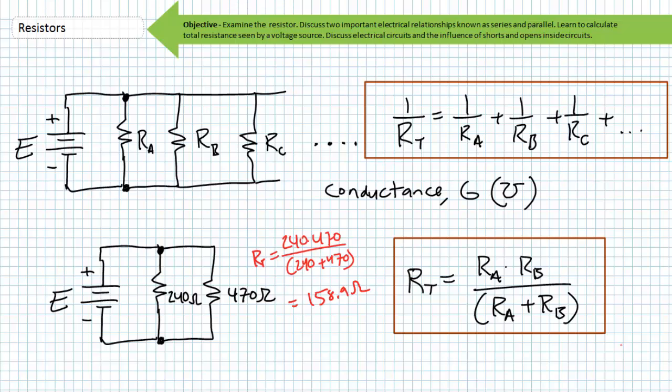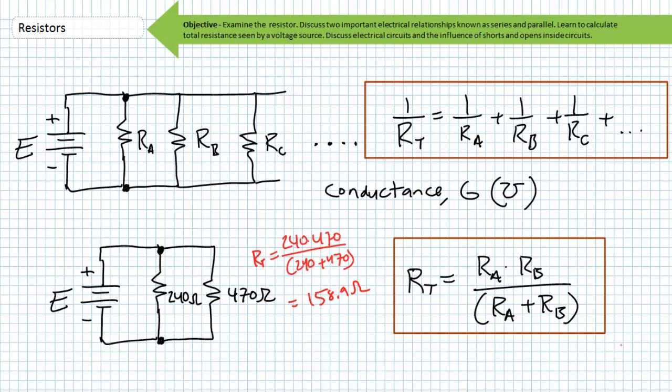Here's how I did it in slow-mo. I used the 2 resistor formula to calculate total resistance in one seamless, lightning quick draw and fire. 240 ohms times 470 ohms divided by the summation of 240 ohms and 470 ohms equals